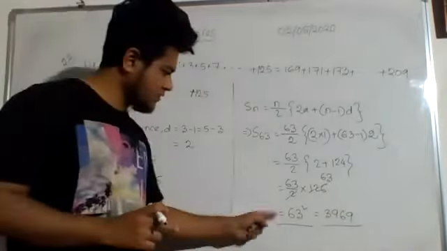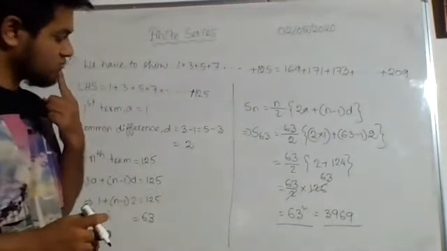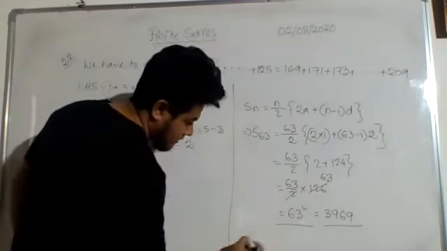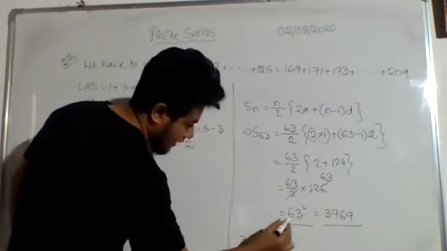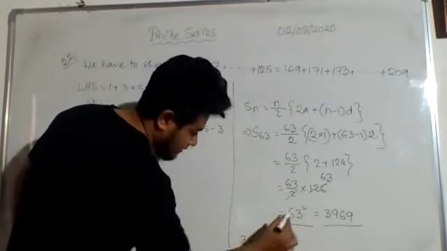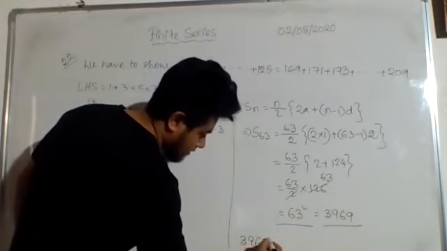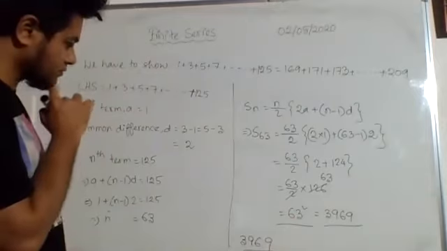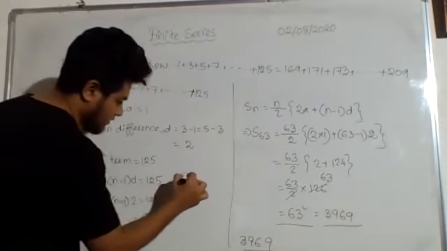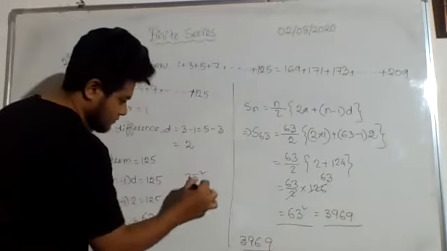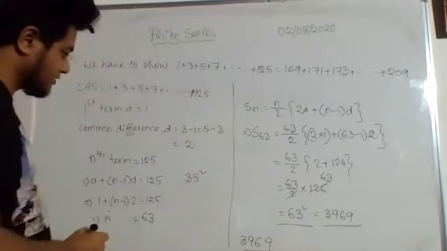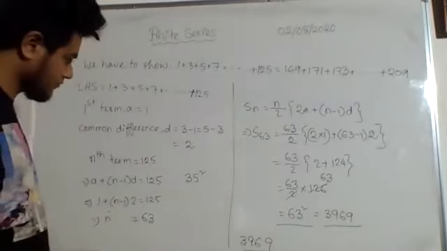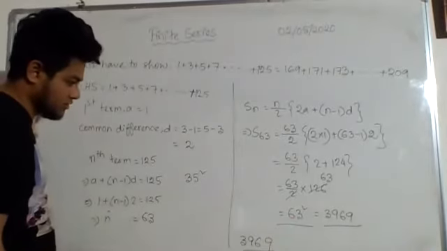From here, actually, can we develop a formula? Like 63 is there, the last number will come first, and then the addition of that, and the first number comes, and then the addition of that. Likewise, can we try for other problem? Like for 35 square, will it be like that? No. For 35 square, it is not going to be like that.